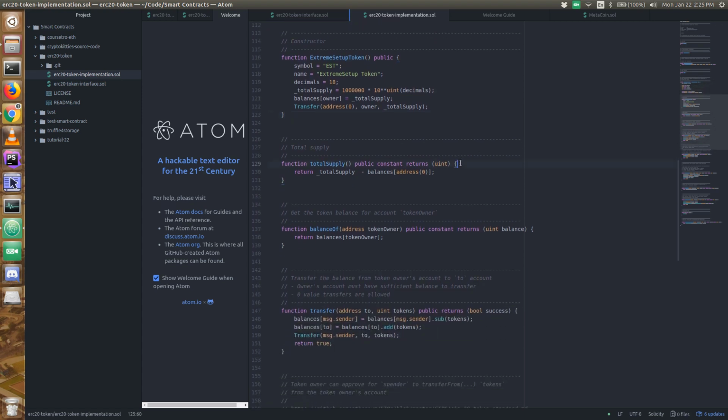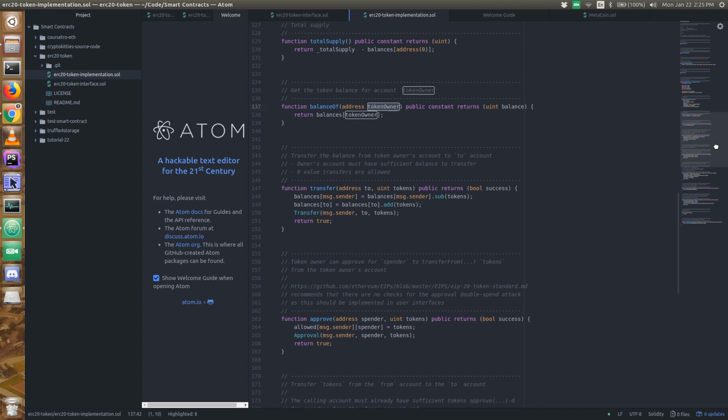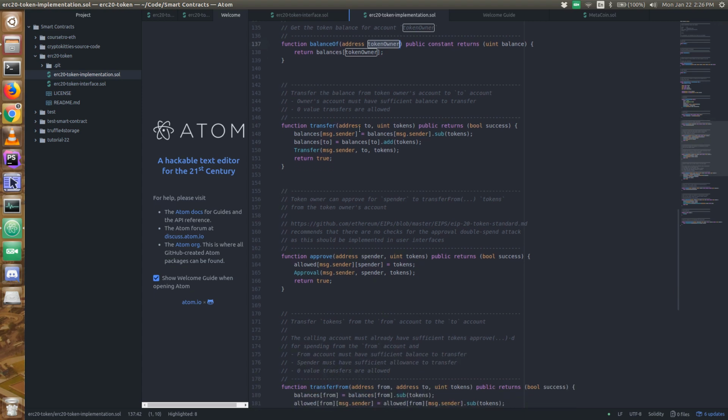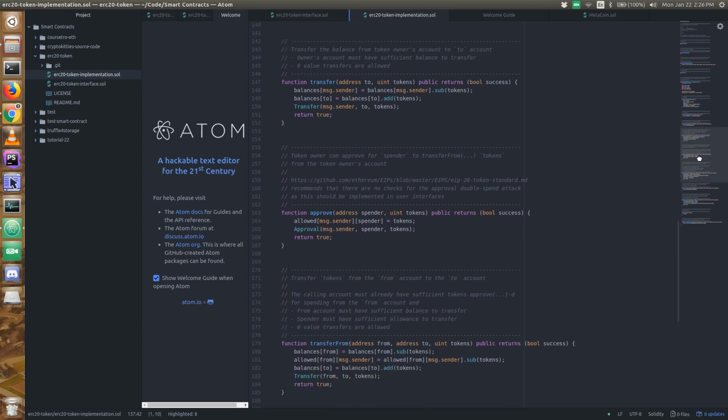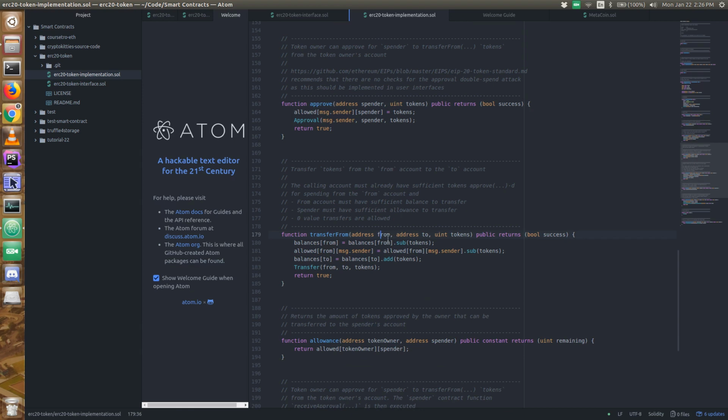Another method is total supply, which will return how many tokens we have in circulation. Balance of will check how many tokens a given owner has. Transfer, we can transfer the tokens to somebody else. This is mostly for the owner. Approve, we can approve somebody else to spend our tokens. Transfer from, we can decide from whom to transfer